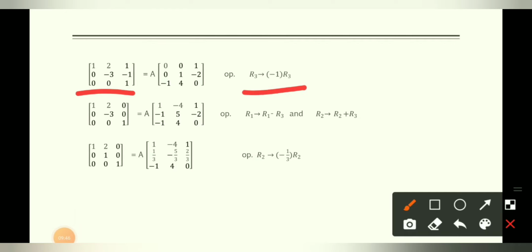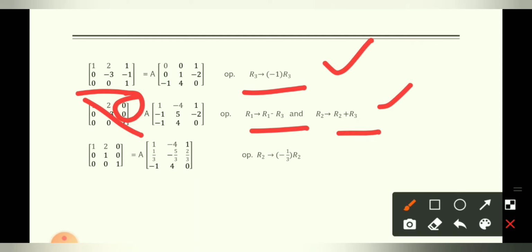So you have this operation, row 3 multiplied by -1, and then we make these two elements 0 that are above the diagonal by help of these row operations, because you can see that we are using only row operations. So this is a very important thing, that for finding the inverse you have to use one type of operation, either all operations should be row or all operations should be column.